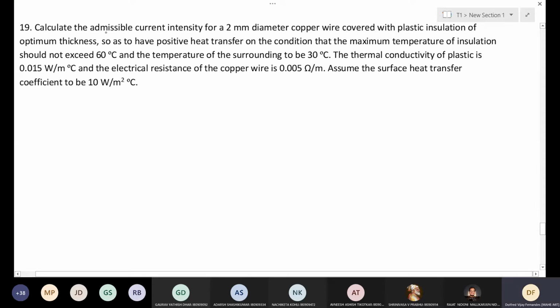So what do we have here is: calculate the admissible current intensity for a 2 millimeter diameter copper wire. 2 millimeter diameter, so D1 or R1 is 1 millimeter, covered with insulation of optimum thickness. Now, what does that mean? Optimum thickness? RC. Yeah, so RC, the thickness of insulation is